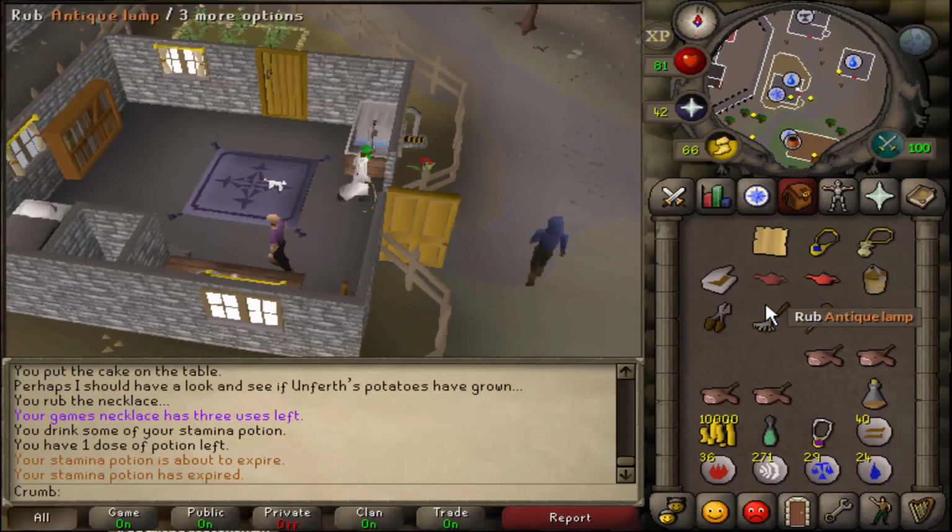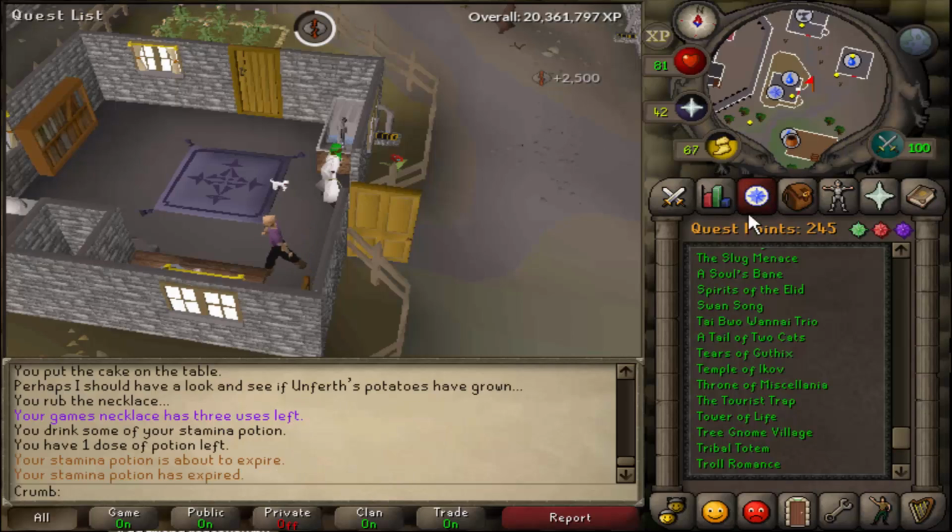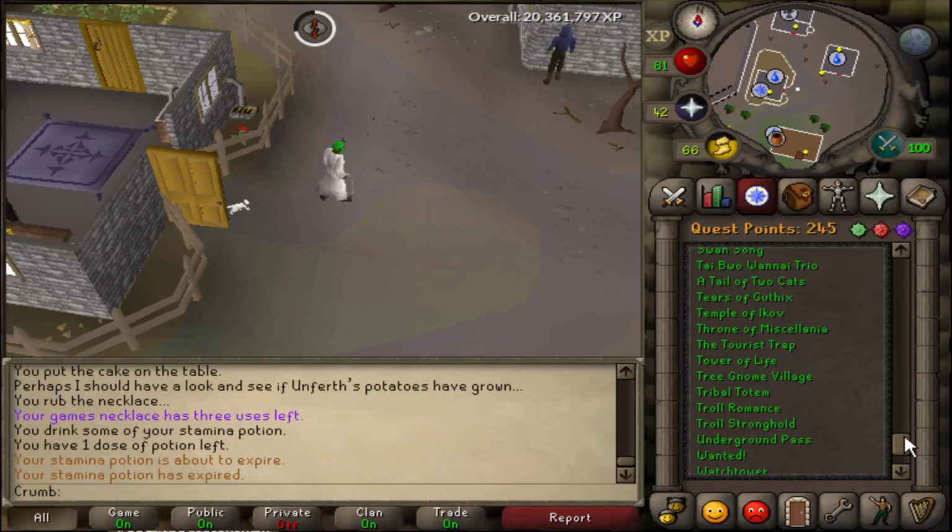Skillers used to always have them, and 2 antique lamps, which are worth 2,500 XP each. Gonna put them on runecrafting. This was actually kind of a special quest for me because it is the last one that I needed for